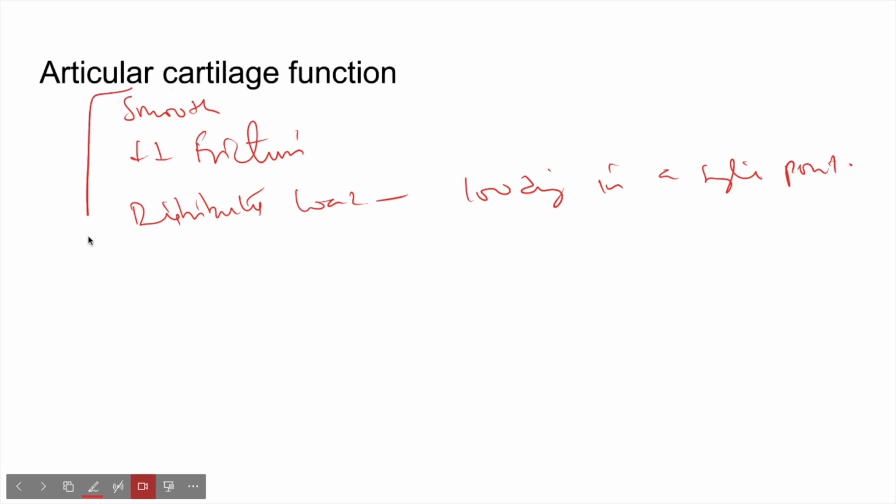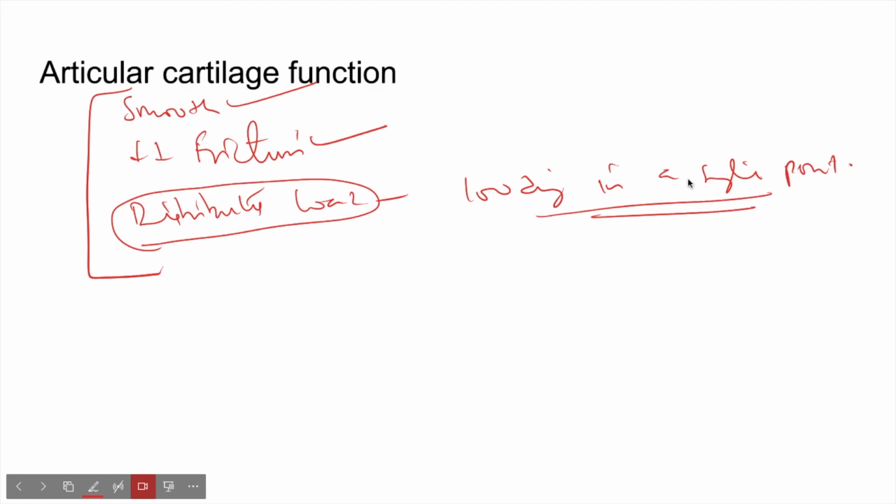So what are the functions of the cartilage? It is smooth, that is, it decreases friction, causes good activity, and provides motion to the joints of the body, and it distributes load, prevents damage or loading in a single point, and therefore spreads out the load and decreases the stress shielding or pressure at a single point